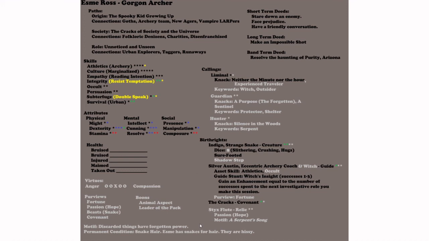The Shin do alchemy. The Netjer, I believe, do sacred words, if I remember correctly. I might be wrong on that. But everybody has their own, and every relic creates its own. Every relic that gives a purview also gives a motif. And for her, she got fortune from silver, she got passion from the flute, she got covenant from covenant, and beast is her personal one that would come from a pantheon, I mean patron, but